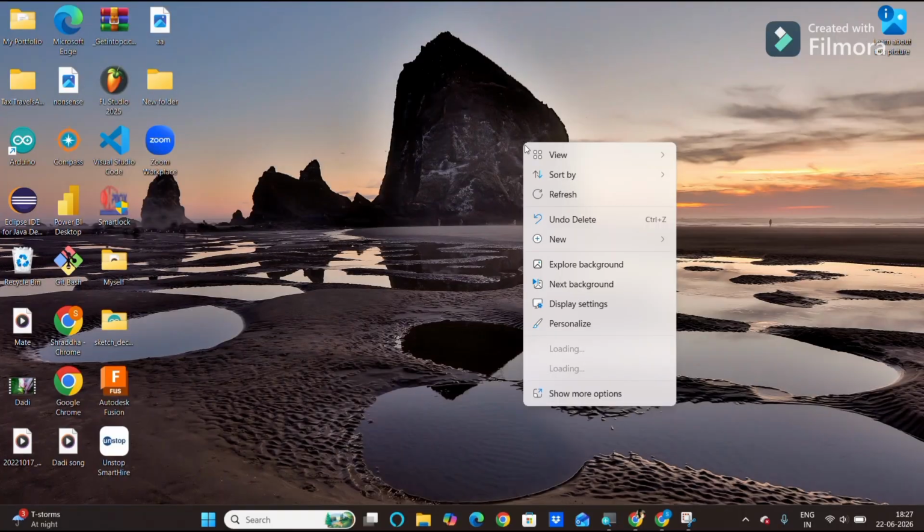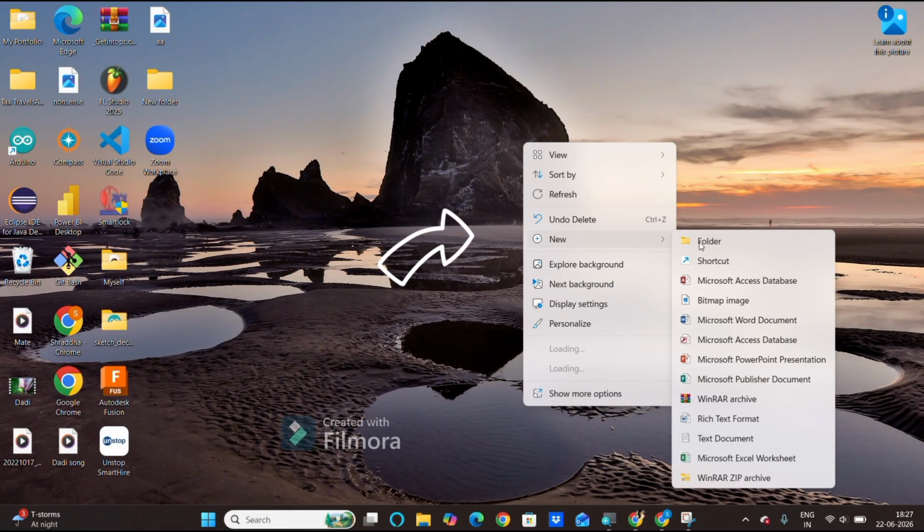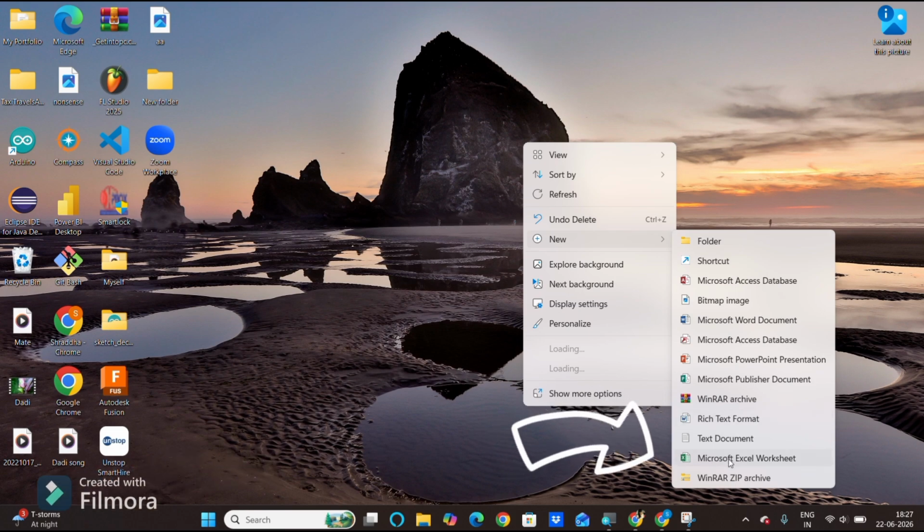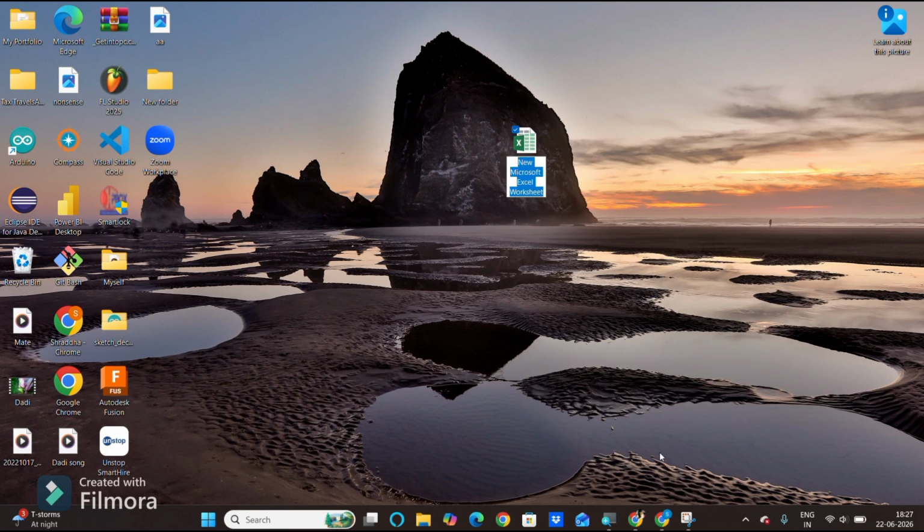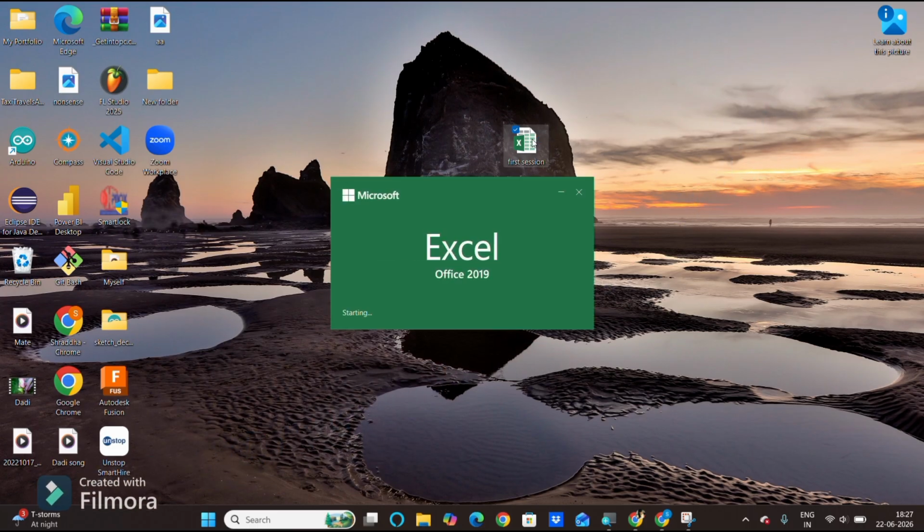Starting with how to create a file first of all. There are two ways to create. One way is to go to your desktop, right click there and click on new. Inside new, you will have an option of Microsoft Excel worksheet. Single click there and there itself you can rename your worksheet. For example, I'll rename my worksheet as first session. Press enter and double click on that sheet to open the file. So double click and your sheet will be opened.